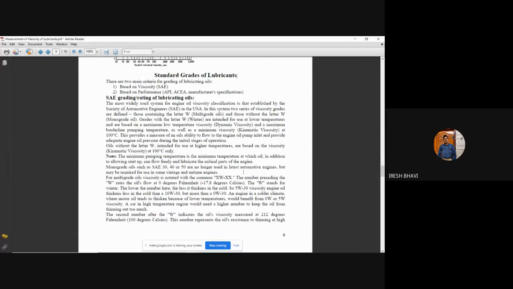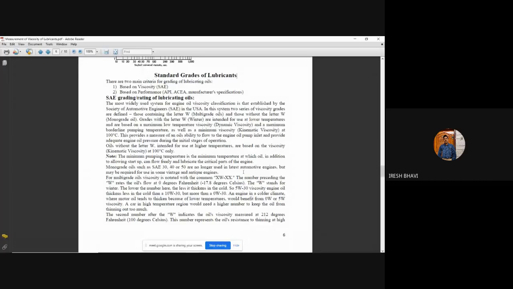So what they have done is they have graded the lubricating oil based on their viscosity and based on the performance of the lubricating oil. Those are called standard grades of lubricants. Those are standards, so they will hold good all over the world, anywhere, at any point. Suppose SAE 20W40 lubricating oil in India is also the same as SAE 20W40 in Europe and also in America. Okay. So SAE 20W40 is the lubricating oil which you are using in your engine oils, in your bikes.